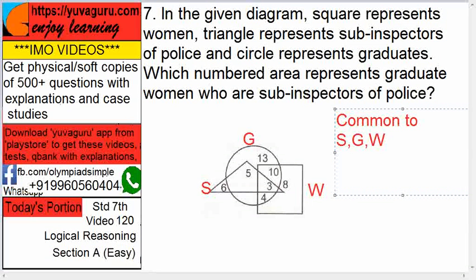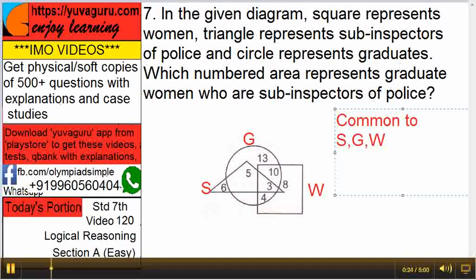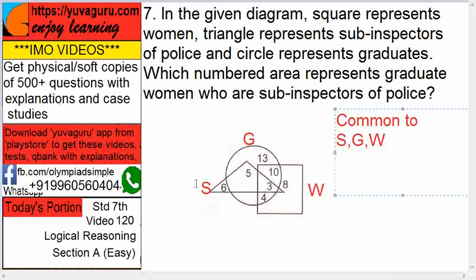Let's start. In the given diagram, square represents woman, triangle represents sub-inspectors of police, and circle represents graduate. Which numbered area represents the graduate women who are sub-inspectors of police? Always write them in short forms, in alphabets, because these are always different, meaning W, G, S. So what we want is graduate women who are sub-inspectors, meaning common to S, G and W, that number